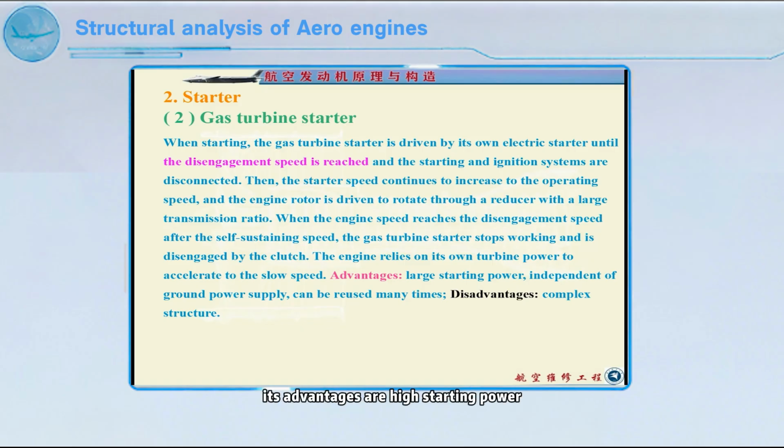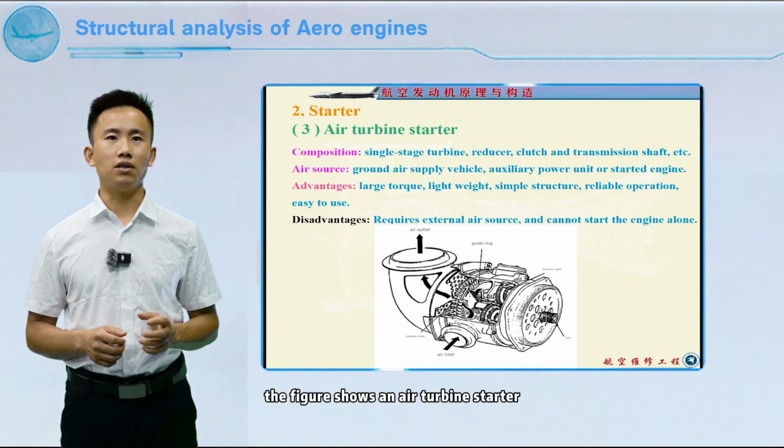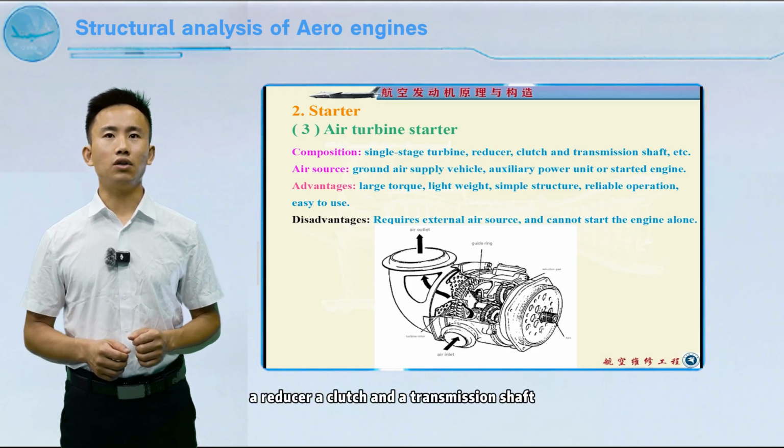Its advantages are high starting power, no reliance on ground power, and can be reused many times. Its disadvantages are complex structure. The figure shows an air turbine starter, which consists of a single-stage turbine, a reducer, a clutch, and a transmission